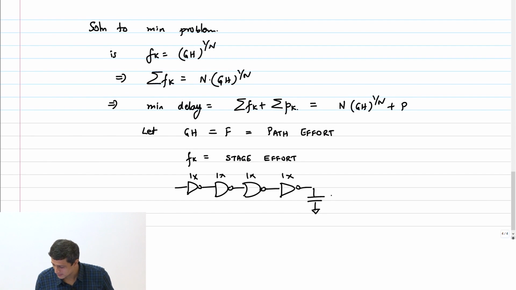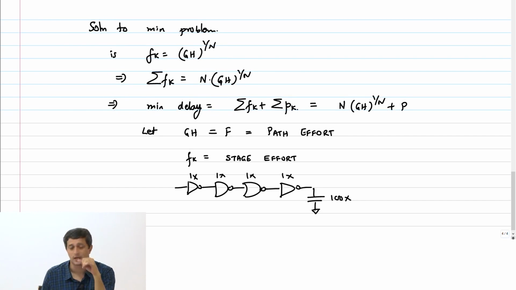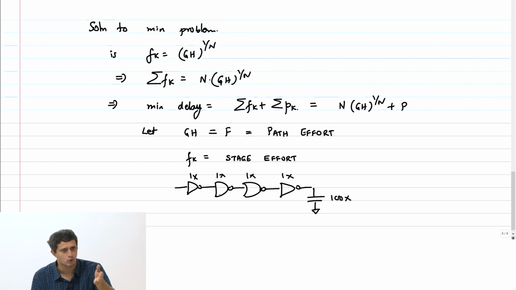Okay, let's assume that this is a 100x capacitance in whatever scaled units, and this is a 1x gate. Now, just analyze what happens to the delay intuitively. This inverter is now seeing a 1x NAND gate. So, in some sense, if you have to put a NAND gate there, then this is the minimum load capacitance that inverter can see. And the fact that you have to put a NAND gate there comes from the logic function you are trying to implement. So, you have no choice. You have to put a NAND there.